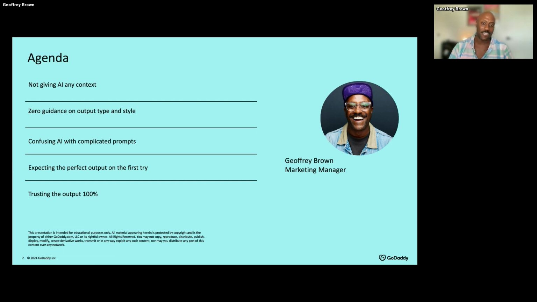I'm going to also be shifting this over to GoDaddy's AI prompt library as well. So looking through those prompts, I've also pinned that prompt library at the top of the chat box. So look for that pin, open it, use it, bookmark it. This is going to be super helpful as we go throughout today's webinar, as it is going to be a very interactive webinar as well. So I do want to ask,